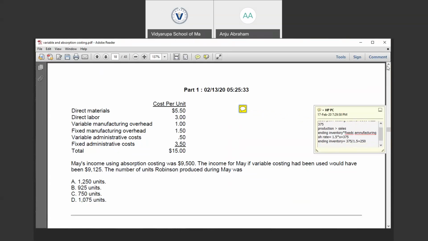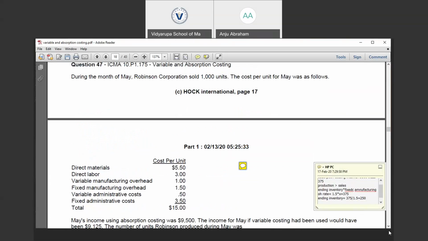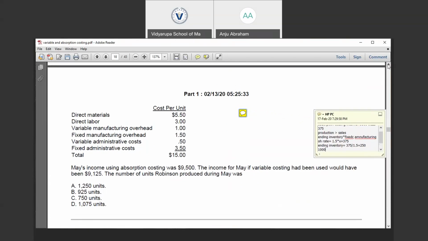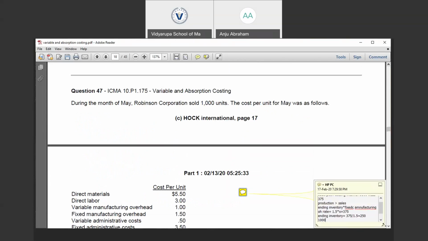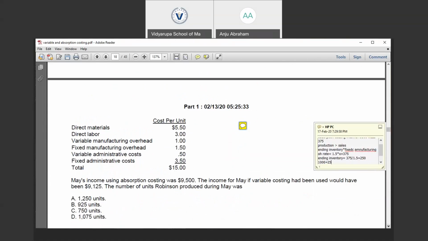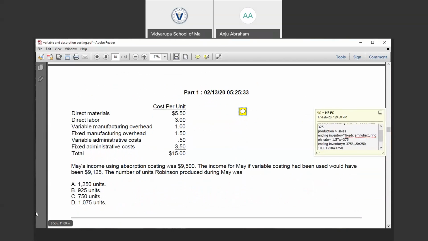So we know that our sales level was 1000, so our production exceeds sales. What is the production level to be used? The sales was 1000 and there was ending inventory of 250, and there is no information given to us regarding the presence of any beginning inventory. So we could assume that there is no beginning inventory. So the total production equals 1000 plus 250, which equals 1250. That is going to be our production level. So the option that gives this answer is option A, 1250.